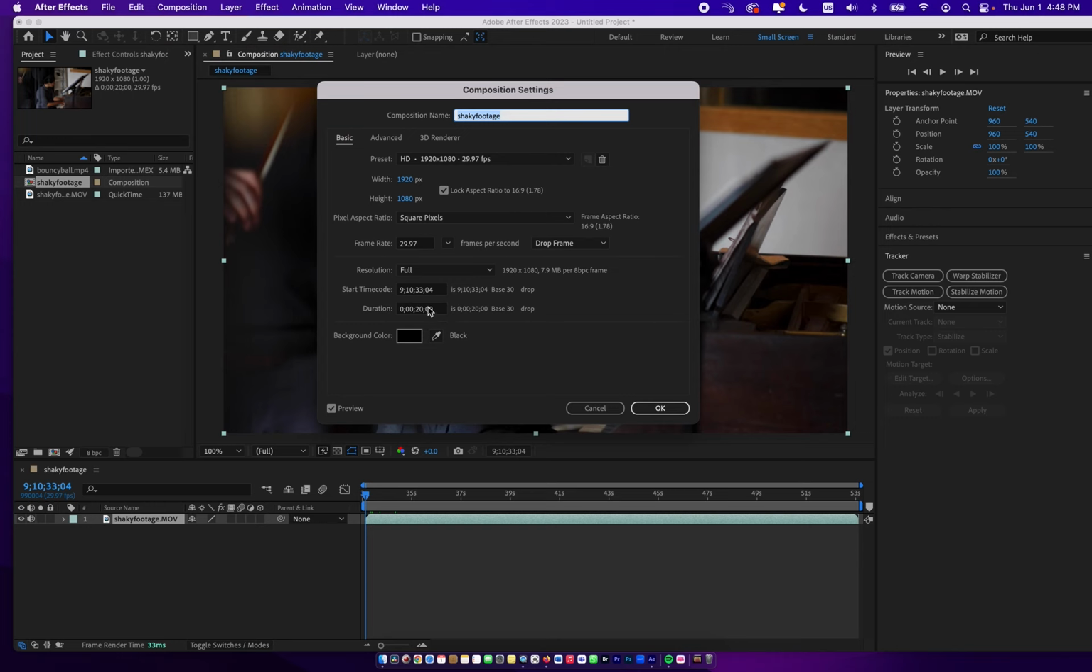I am going to make the start time code at 0. And everything else looks good. 1920 by 1080. It is at 29.97 frames per second,